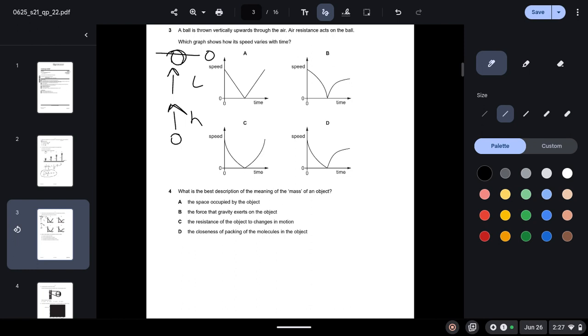But when it is coming back down, it will have high speed, and then due to air resistance its speed will slowly decrease, and then when it reaches the bottom, it will once again have 0 speed. So keeping this in mind, when we go through the graphs, you can see that D is your correct graph, because initially we have a high speed, then our speed slowly decreases to 0 when it reaches the maximum point, and when it is coming back down, it will have a high speed, but slowly due to air resistance its speed will decrease.